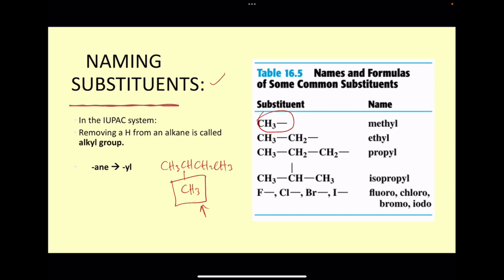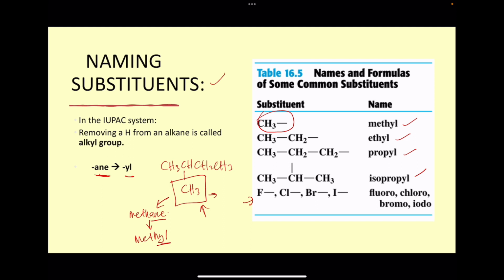To name the substituent sama juga kita perlu tengok berapa carbon untuk substituent tu, but the A and E hujung tu kita akan tukar kepada YL. So for original, ini adalah methane, right? Ada satu carbon, but since ini adalah substituent, so kita tukar nama dia sebagai methyl. Okay, kita tukar A and E kepada YL. So ini adalah contoh-contoh substituent yang adalah methyl, ethyl, propyl, isopropyl,